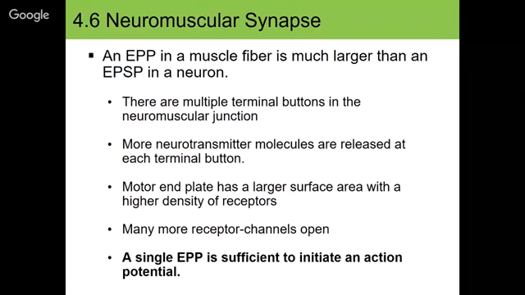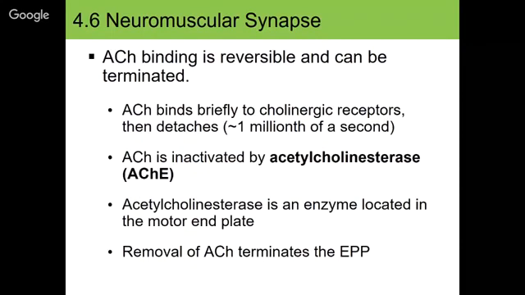Okay, and then just coming back to what I said already, a single EPP, a single end plate potential, is sufficient in most cases to initiate an action potential. Okay, so one action potential in a neuron triggers one action potential in a muscle cell. But